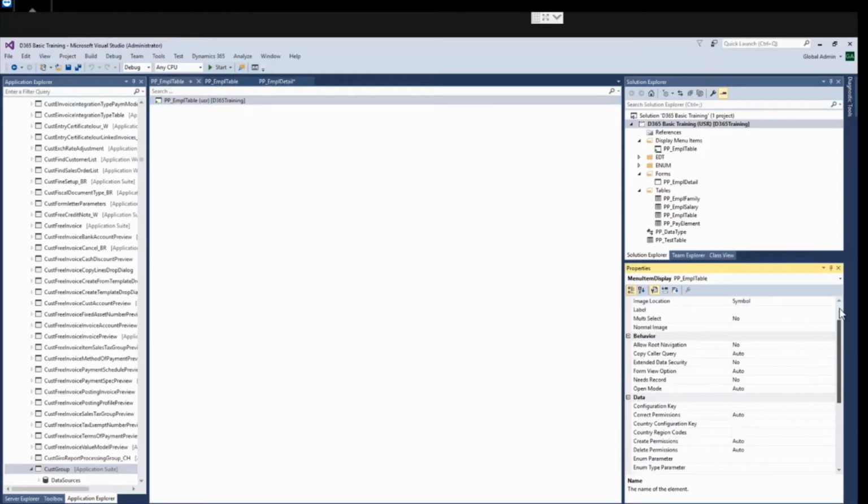This menu item we have created, display type. Now we will use the same label, employee detail.